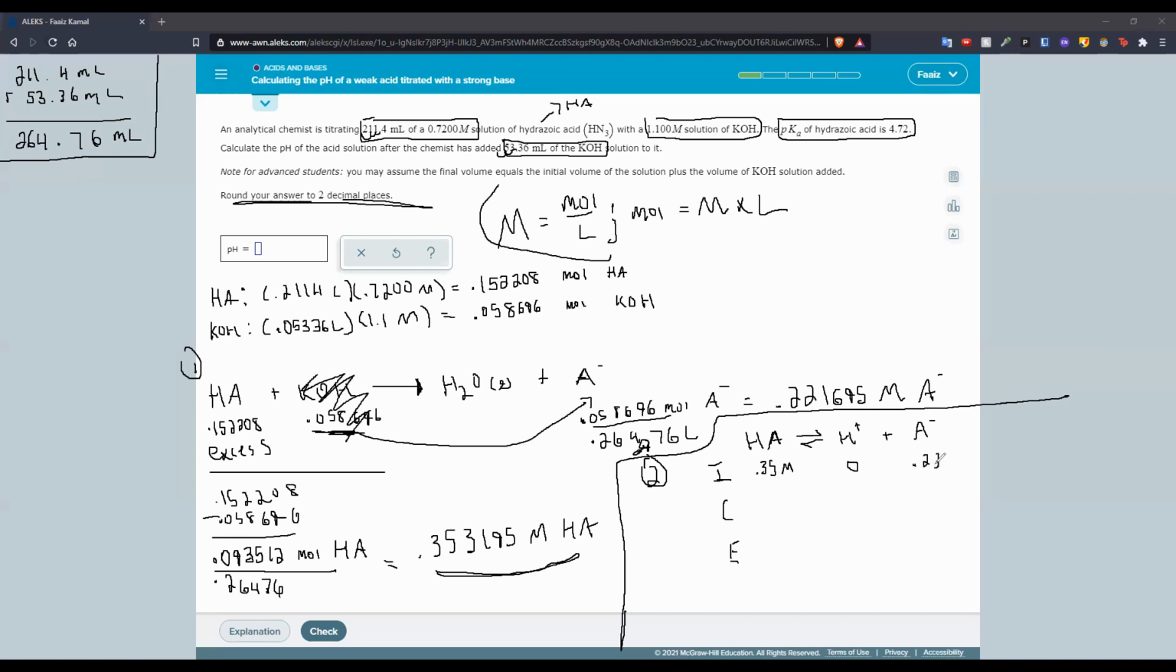So 0.22 molar. And the change here, since there's more of this, this is going to get used up to produce that. So this would be minus X. That would be plus X. This would also be plus X. So by the end, you'd have,